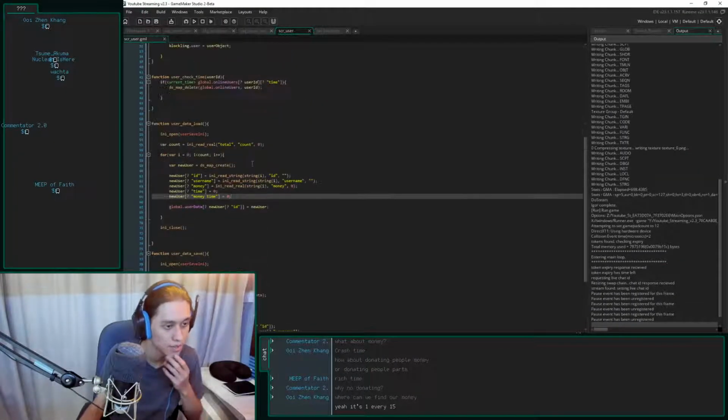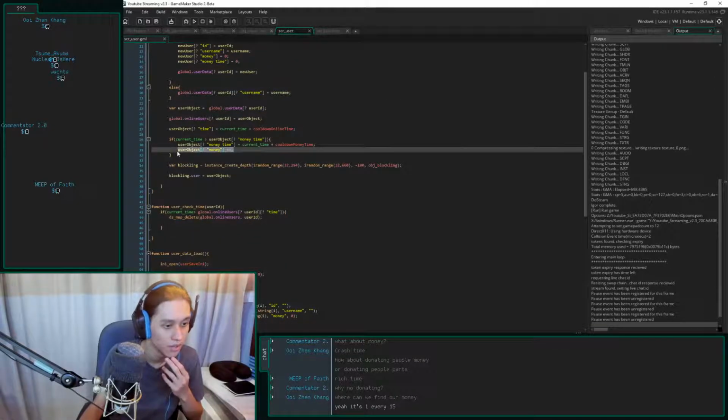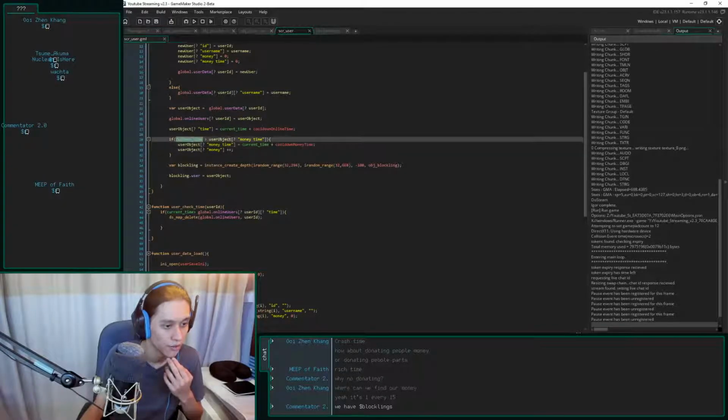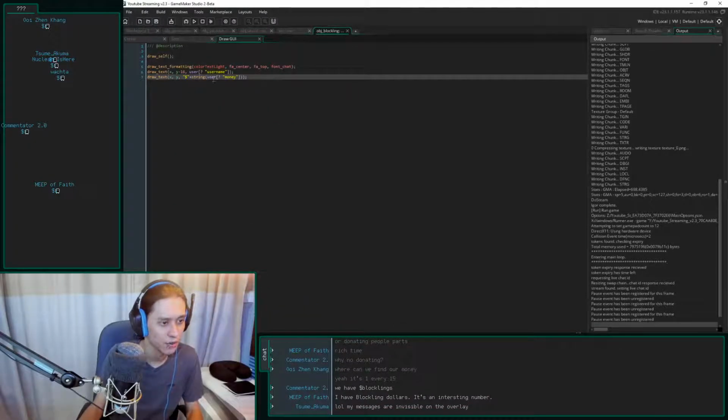I did say plus on the money, right? Yeah, user object money increases by 1, if the current time is greater than the money time. Let me make it a little bit more visible. Yeah, the messages are invisible on the overlay.